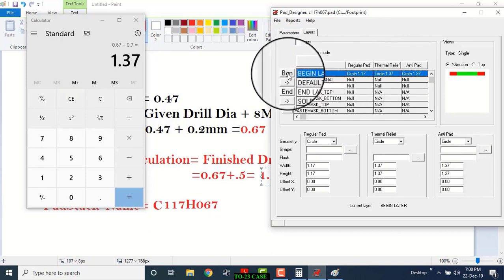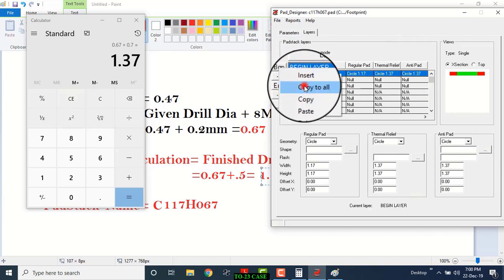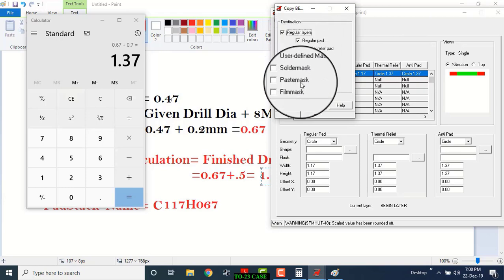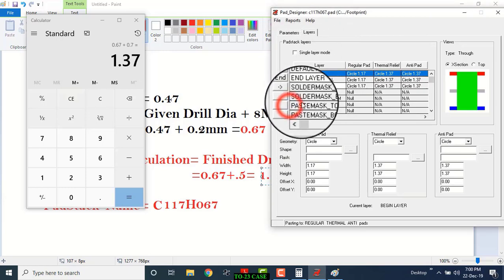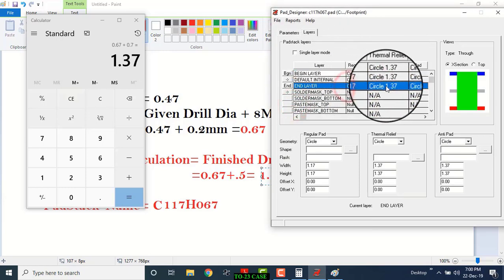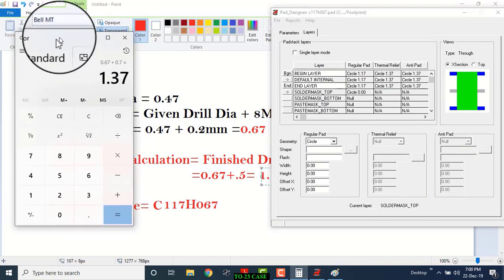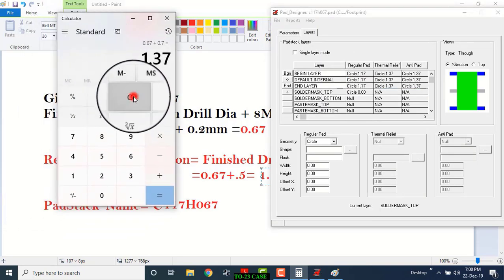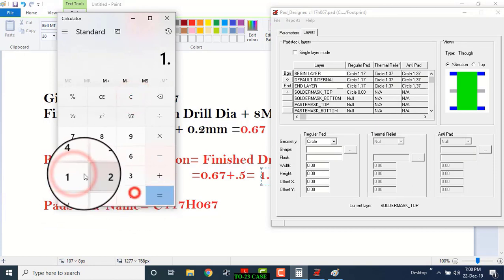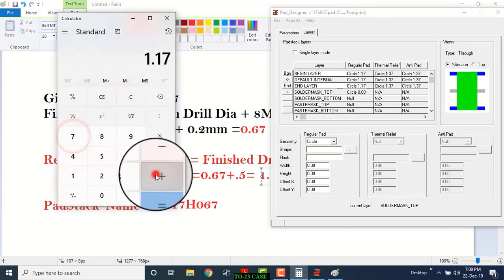Now we will copy to all of these. Okay, we have copied to all. Solder mask top is 1.17 plus 6 mils.